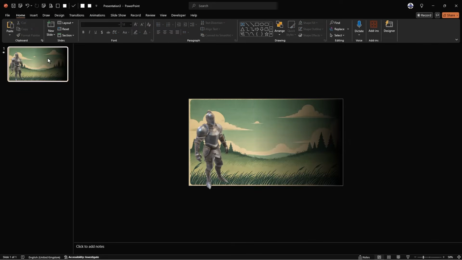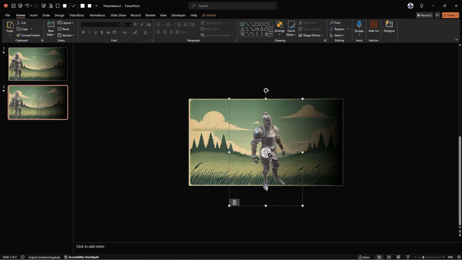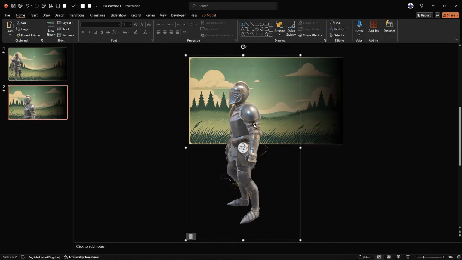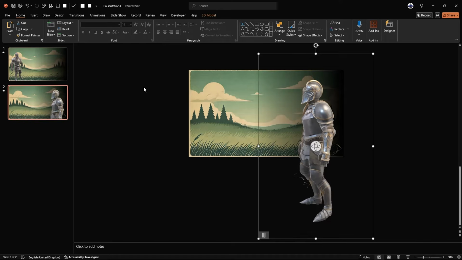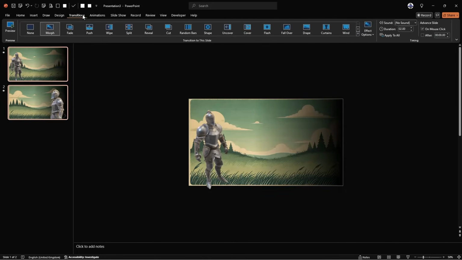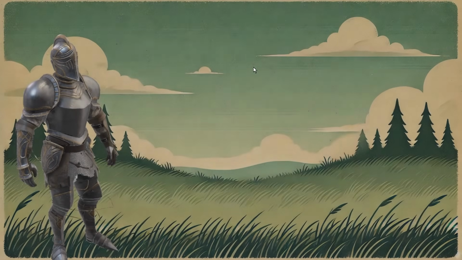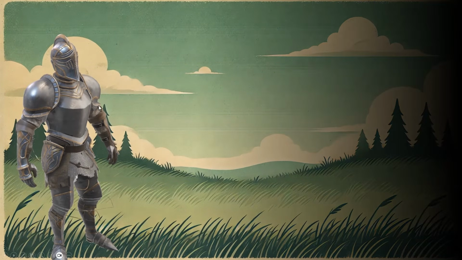Once I've done that, I'm going to duplicate this slide. I'm then going to move him over to the right hand side. I'm going to rotate and I'm going to resize that. Move him just up to there. And then once I've done that, I'm going to select all slides on the left hand side, go to transitions and choose morph. And that will allow me now to not only have this model of the knight who is animated and moving around a little bit. So there's the knight on the left hand side, moving around, animated, and if we just move to the next slide,